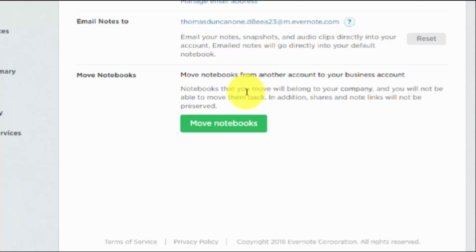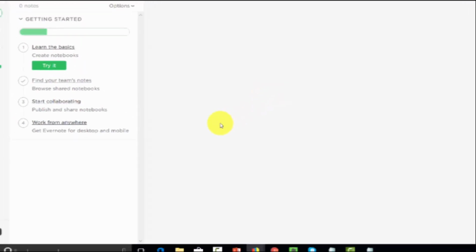But you'll want to pay very close attention to something that Evernote says. Notebooks that you move will belong to the company. You will not be able to move them back to your personal space. And notes and links will not be preserved. Now, we are now in